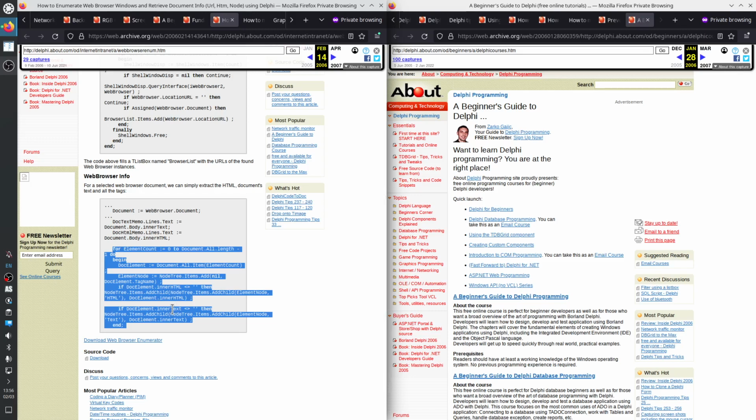classes and everything. So it's very easy to use from Delphi all of the COM, DCOM, ActiveX, OLE, Windows objects. You have static programming.